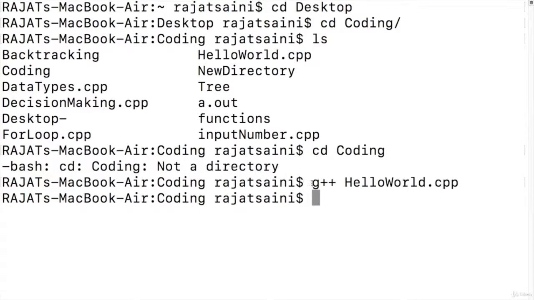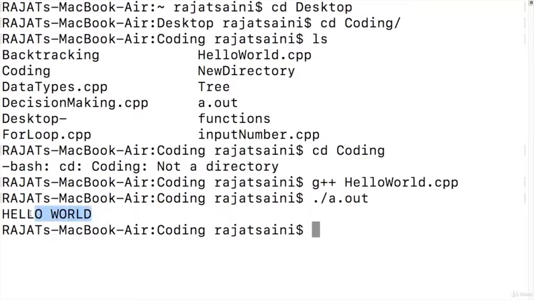And then this file will be compiled, and if there are any errors, then all the errors will come here. Otherwise, if there are no errors, then we are good to go. Hence our file is compiled here. Then we just have to write ./a.out and then press enter. So hello world is printed there, which was the motive of this code. So we have successfully compiled and run this hello world code. So we are going to use these steps to compile each and every code in this module and in the further modules as well.